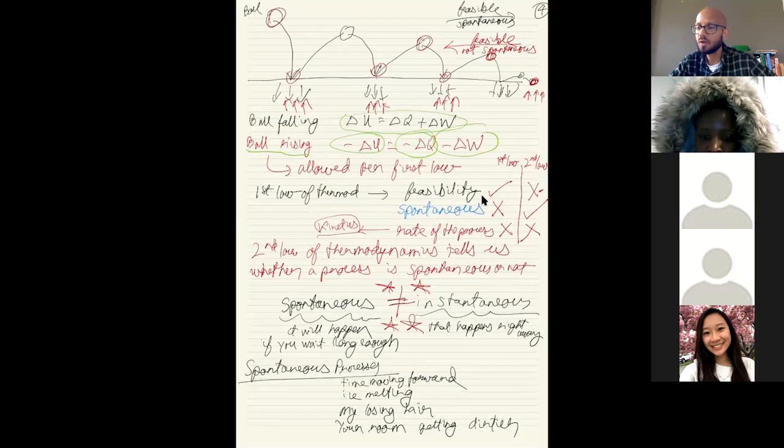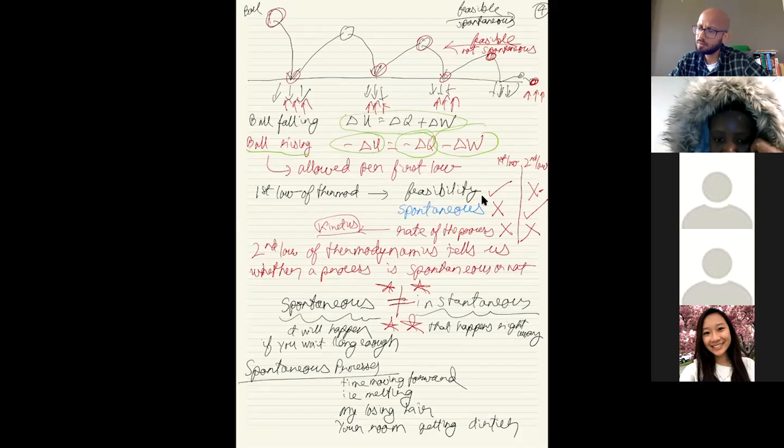Nothing is stopped. But we know that this is not true. The balls don't suddenly start jumping up, right? This led us to the concept of spontaneous or spontaneity or even feasibility. So first law of thermodynamics